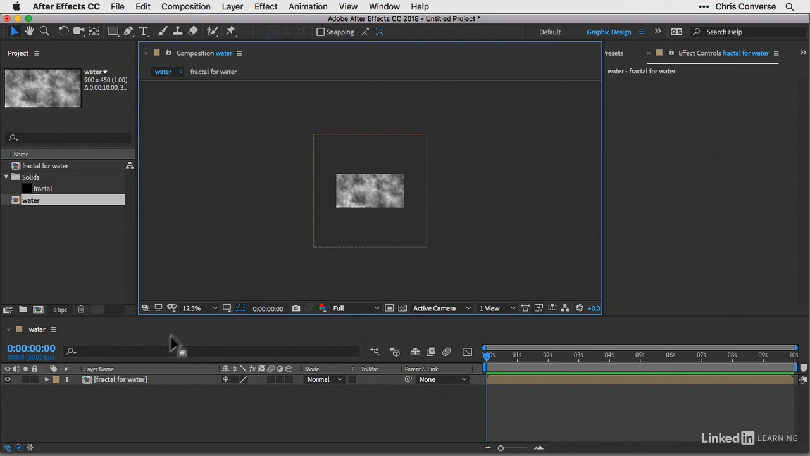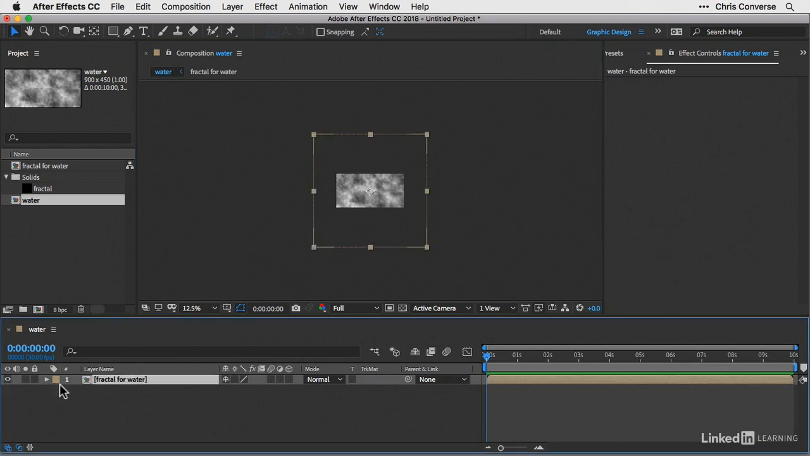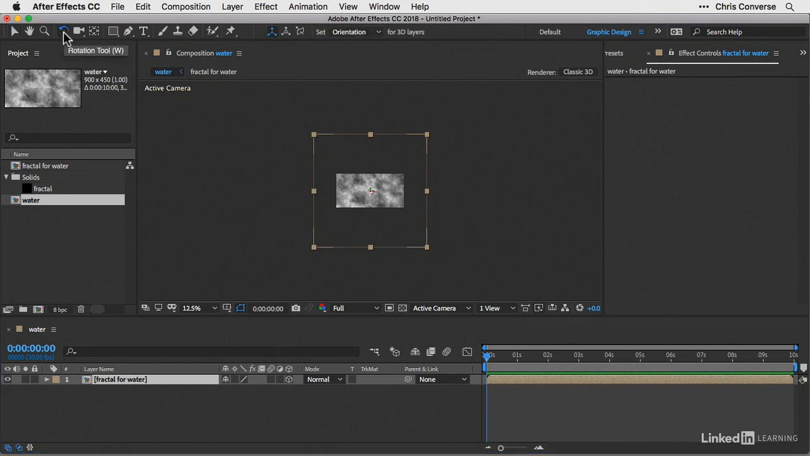So what we're going to do is come down to the timeline panel. Let's select the composition, fractal for water, and let's come over here and activate this option here, which converts this into a 3D layer. So this little cube icon showing up here being activated will then give us the ability to come up to the tools. We'll click on this fourth tool here, the rotation tool, and then be able to rotate this particular layer in